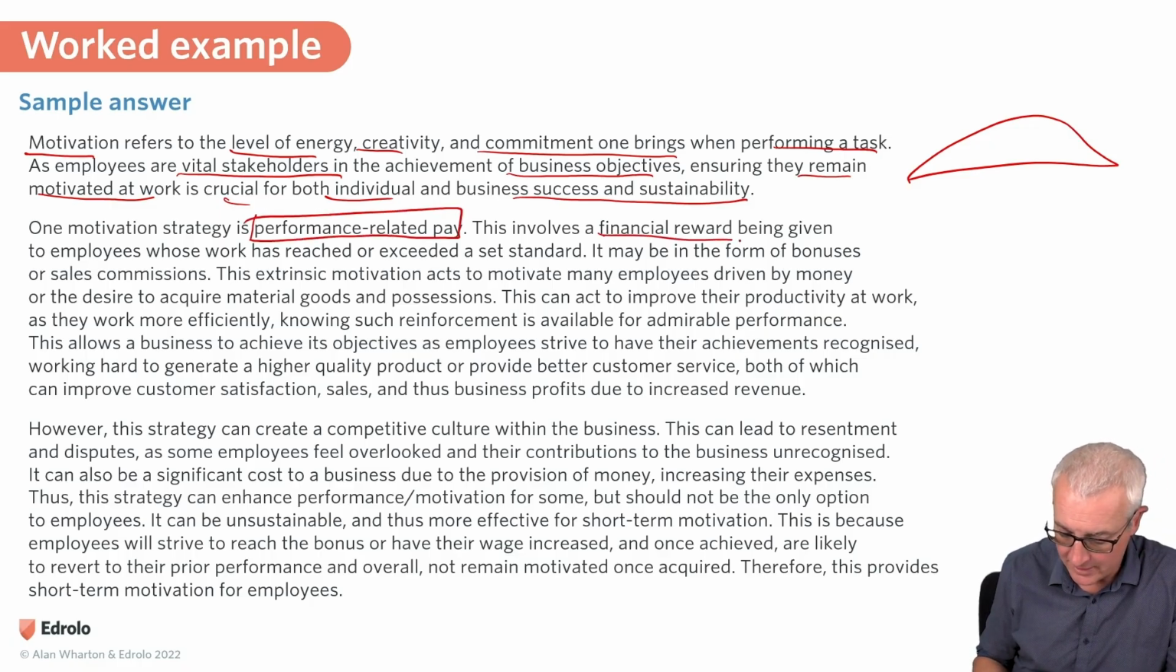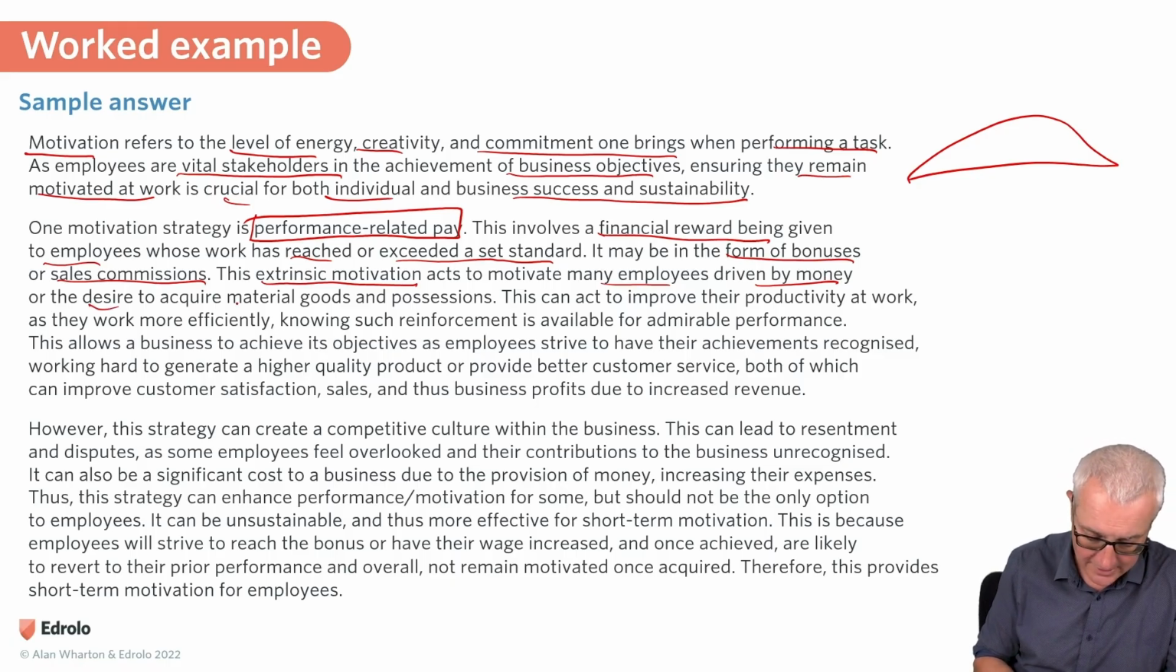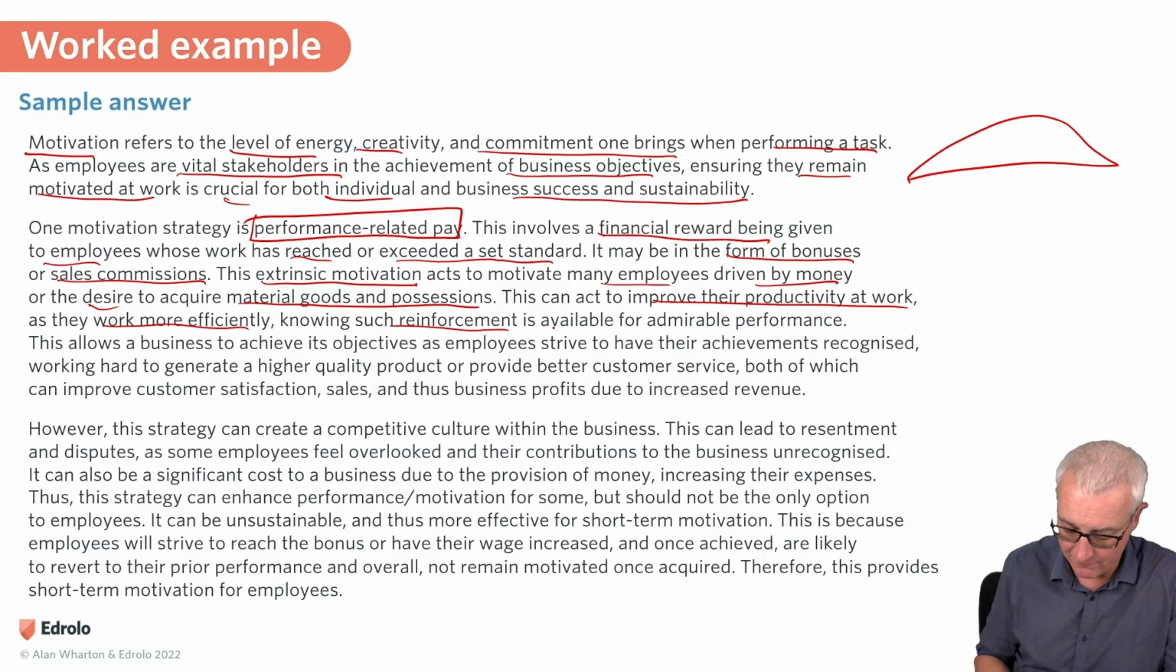This involves a financial reward being given to employees whose work has reached or exceeded a set standard. It may be in the form of bonuses or sales commissions. This extrinsic motivation acts to motivate many employees driven by money, or the desire to acquire material goods and possessions. This can act to improve their productivity at work as they work more efficiently, knowing such reinforcement is available for